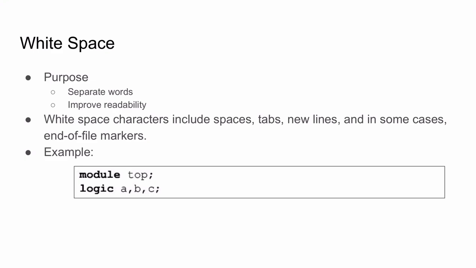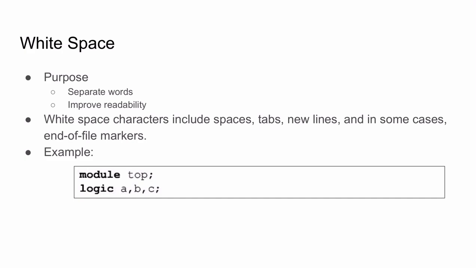Now, what actually counts as white space in SystemVerilog? It includes spaces, tabs, new lines, and in some cases, even end of file markers. While these may not affect how the code executes, they make a big difference in how it is structured and understood. For instance, in the following declaration,